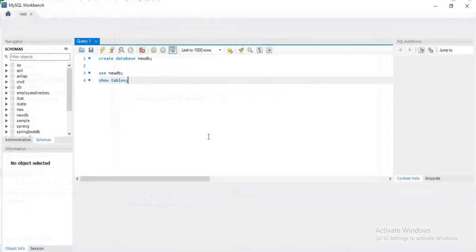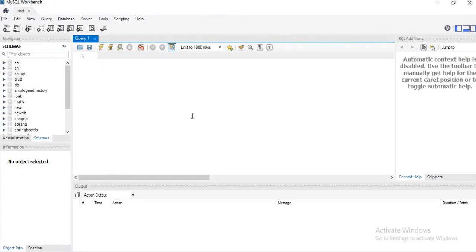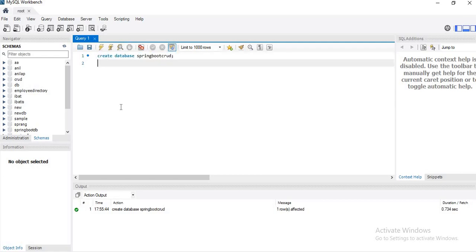Let's create a database for us. My database name is Spring Boot CRUD. My database is created. Use Spring Boot CRUD. Now I want to use it. Select it and let's run it.